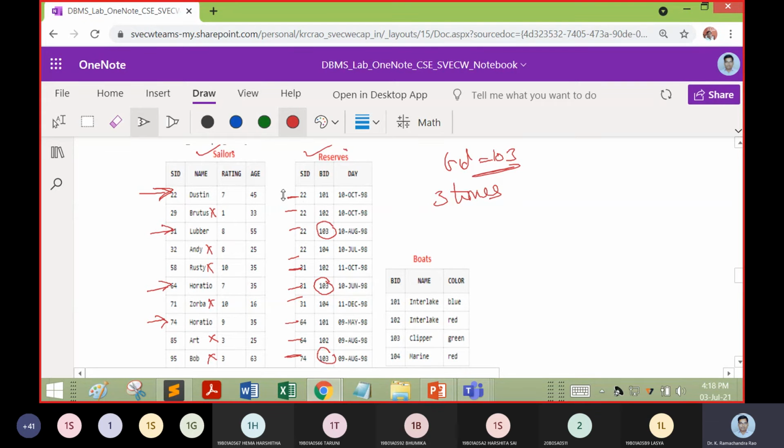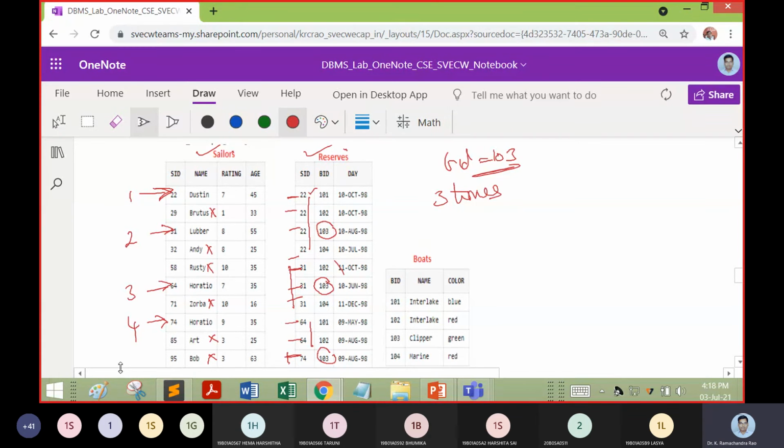It is going to be 22 always for 4 times, then 31 for 3 times, 64 for 2 times, and 74 for 1 time. So now you should understand that we have 1, 2, 3, 4 sailors.